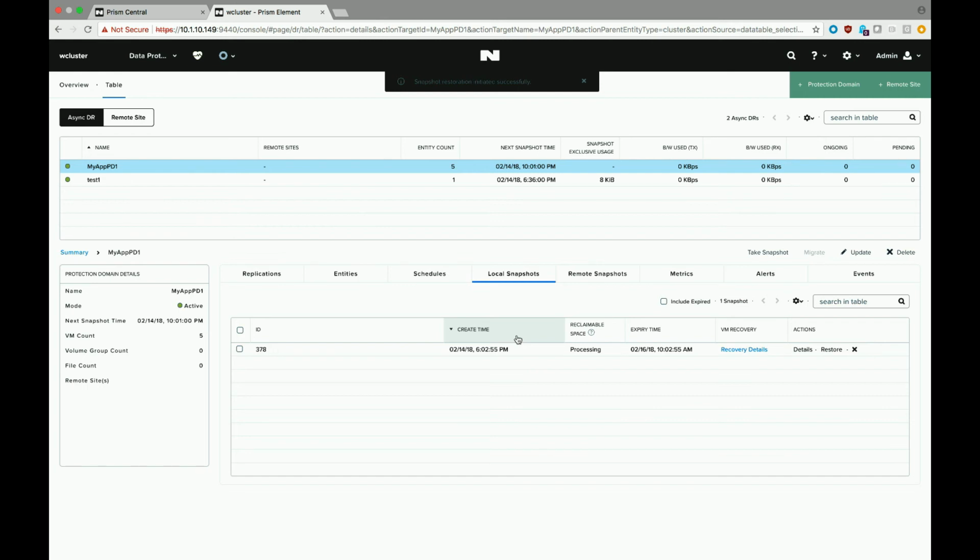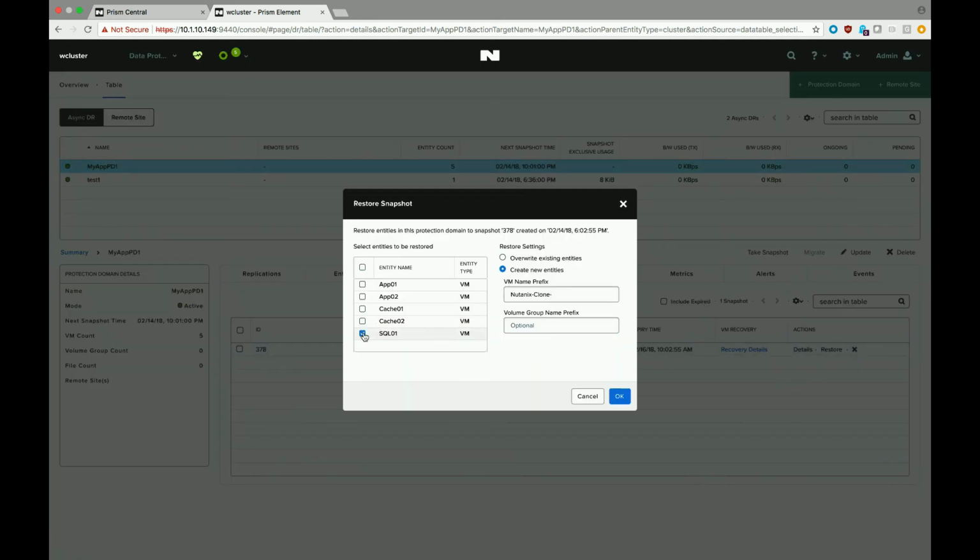Let's also pretend that we had a request to go ahead and restore the database VM from a snapshot as well, but we don't want to overwrite the existing one because it's still functioning. They're just having maybe some application issues, and they're trying to troubleshoot it, and they want to look and see what happened from the VM back at a certain point in time. If you hit the restore button again,